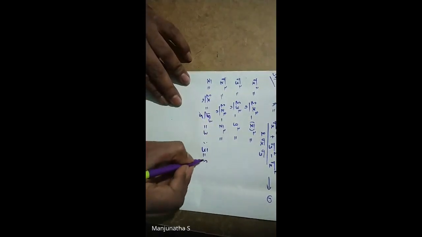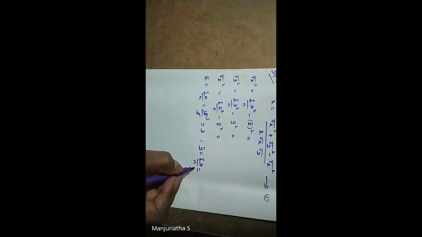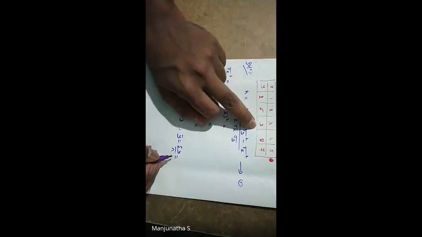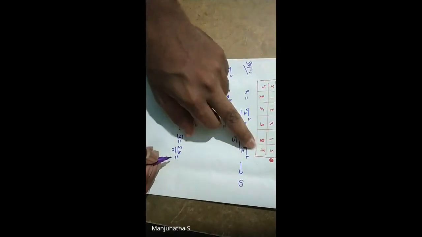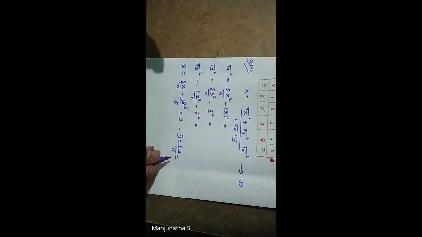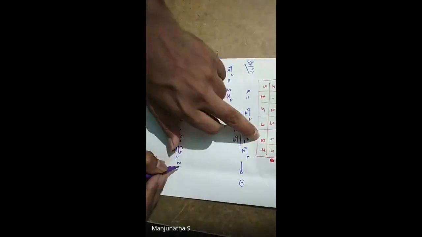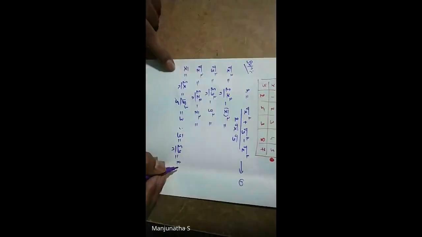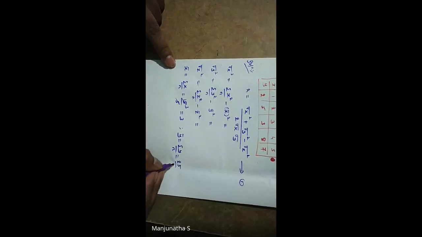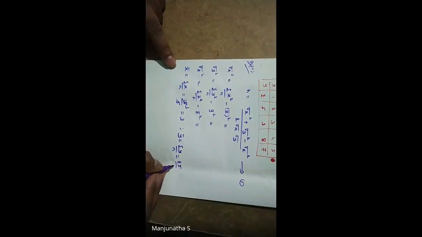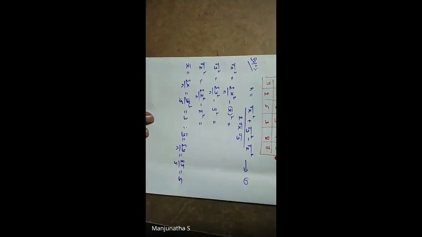Similarly, y bar means summation y divided by n. So summation y is 2 plus 5, 7, 7 plus 3, 10, 10 plus 8, 18, 18 plus 7, 25. Yeah, it is 25, not 23. 25 divided by 5, so it is 5. Okay.